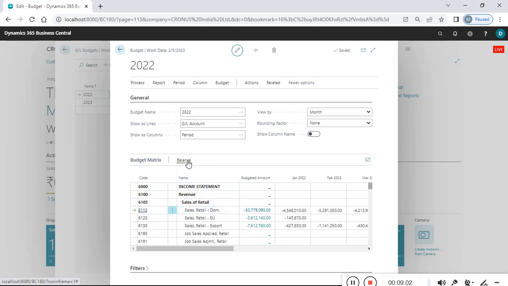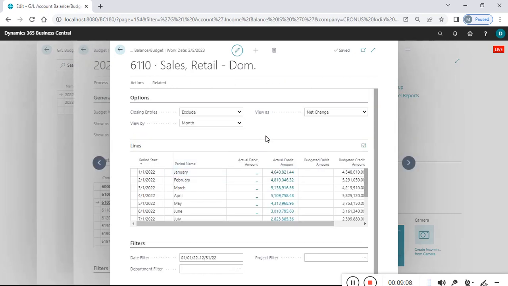Clicking on the posting ledger, click here, GL account balance budget. Click on this. System will provide the data. You can edit or you can define your own. At the first time, you can create your new. You are able to create the new data with the help of this list, or you can say template. So lines, first the header area. I don't want to include closing entries, and so exclude view by month,